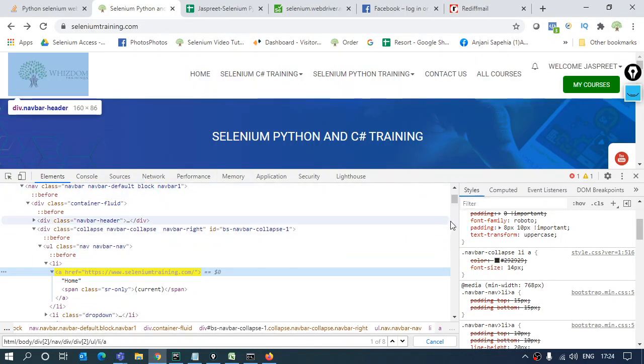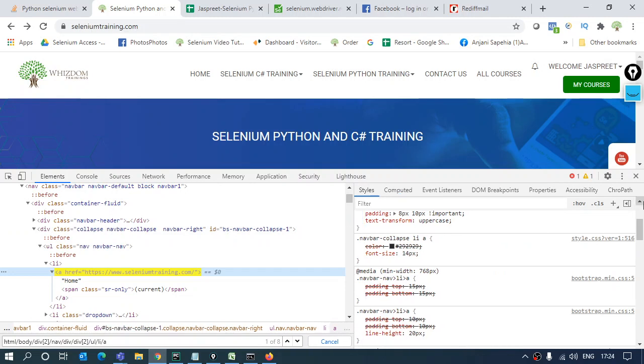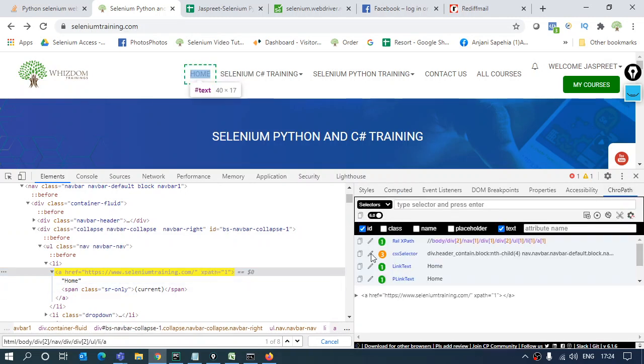There is a tool available for Chrome called ChroPath, which is also very helpful. 99.9% you will get the accurate XPath over here. In the ChroPath tool you will get the information. There will be attributes given, ID, class, name, all those attributes which are there with the element. Like if I look for this home element, as many attributes as there are will come over here, and related to that it will create my different XPaths.